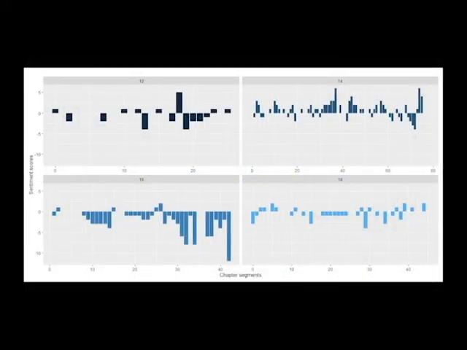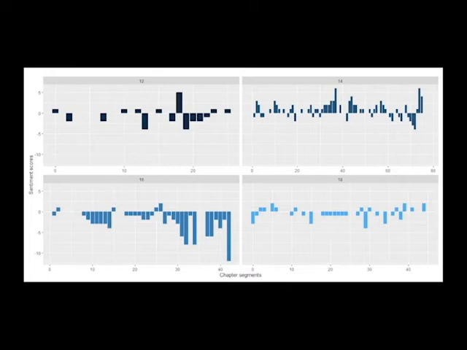In this graph, we are looking at the sentiments in each chapter, or I should say chosen chapters. So we chose chapters 12, 14, 16, and 18 because they corresponded to the peak and the drop. And each of these graphs looks at how the sentiment in that chapter evolves. What was interesting is that this analysis allowed us to further identify points of interest or irregularities in the book